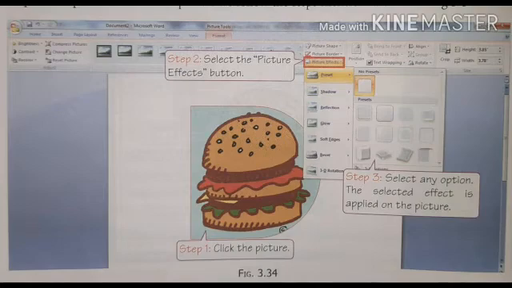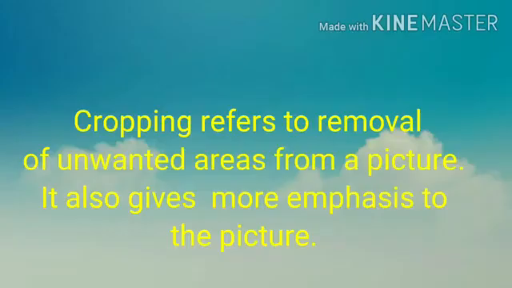We'll click on the picture, and then we'll click on the picture effect which is present below the picture border button. You can see different types of effects are present, like shadow, reflection, glow. You can click on that and select which type of effect we want to give to the picture, and then click on OK.